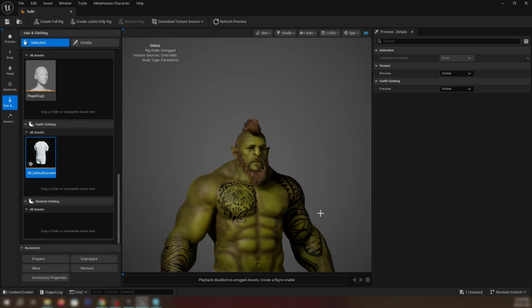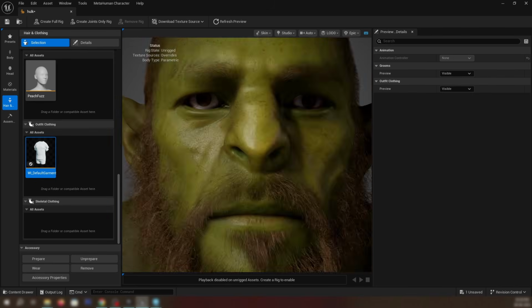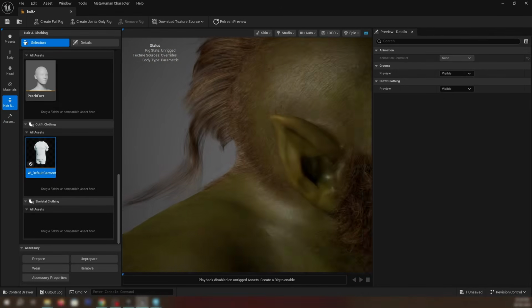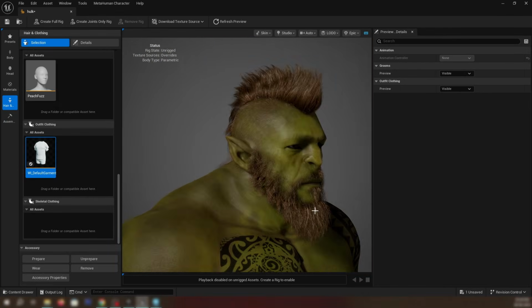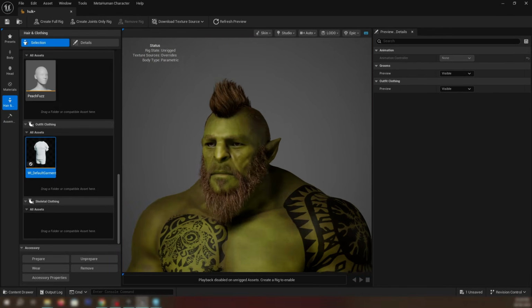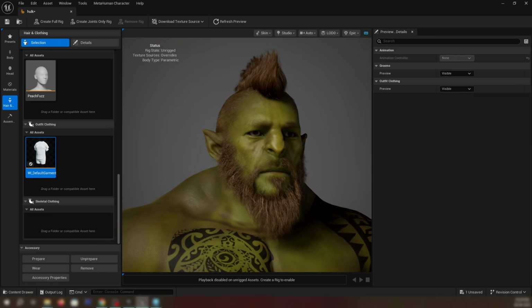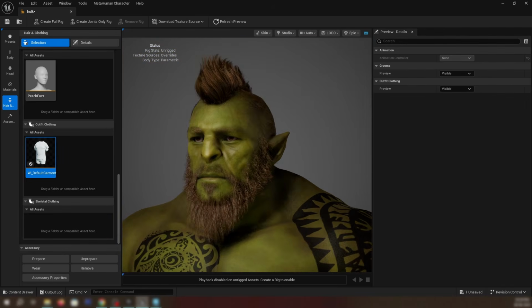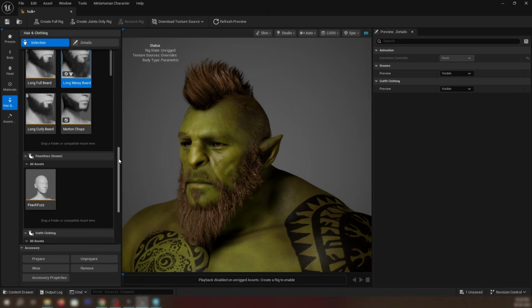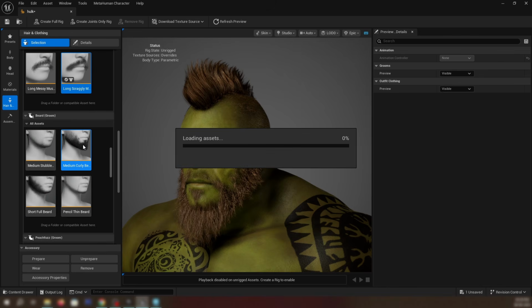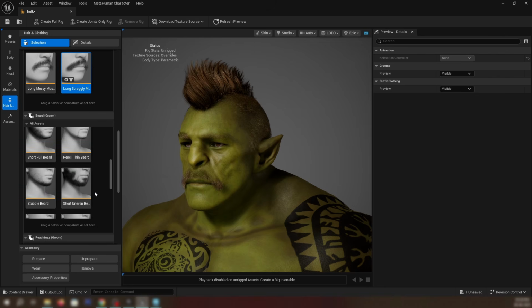We'll close the cloth right now. We'll see what kind of detail we are getting up close. It's very good. It just became a different character look from what I created, from the hairstyle and the beard and the mustache.